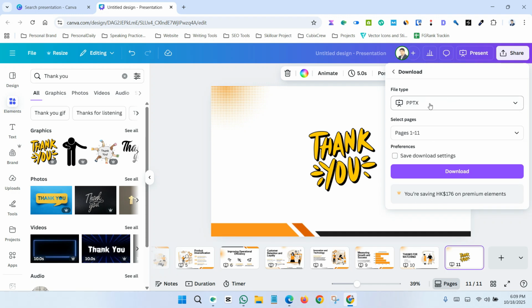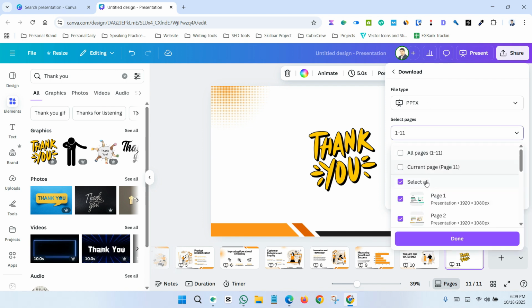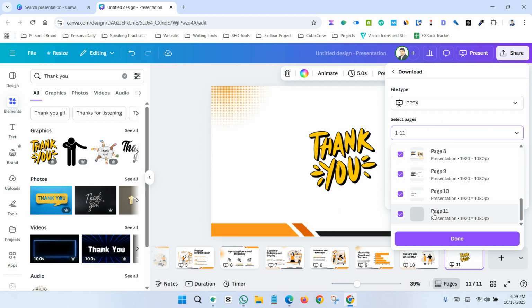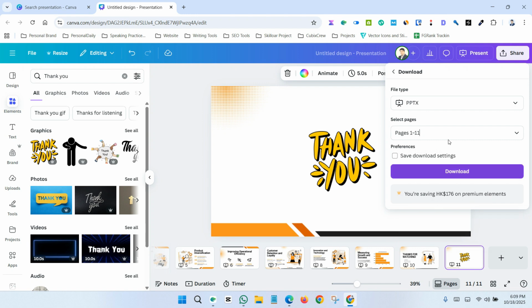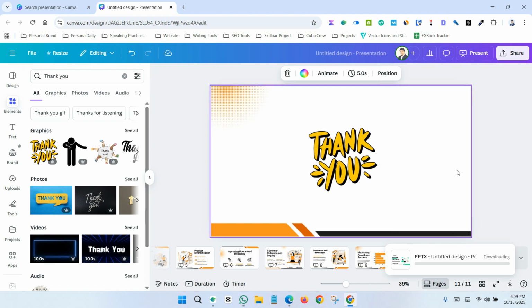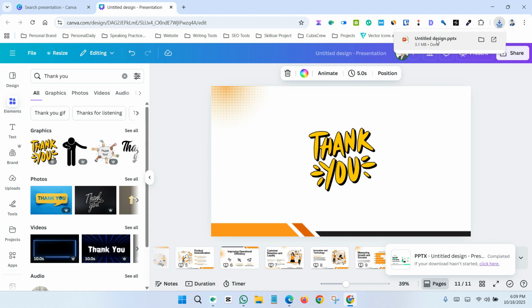So let's say I want to download it as PPTX. So now here you need to select all of the pages. So here you see pages 1 to 11, all of the pages are selected. And now click the download button, and once everything is done, just click download, and it will be downloaded very soon. Just wait. Your presentation is completely downloaded, and now if you want to open it, just click here, and